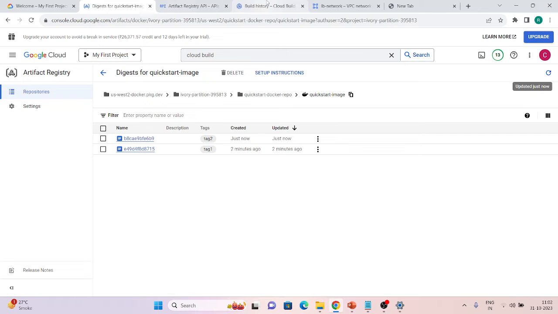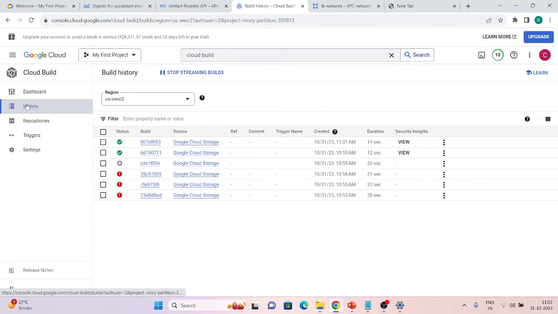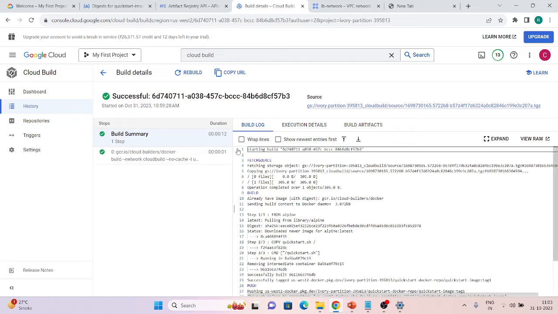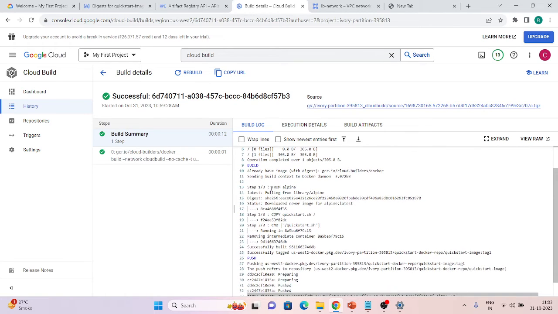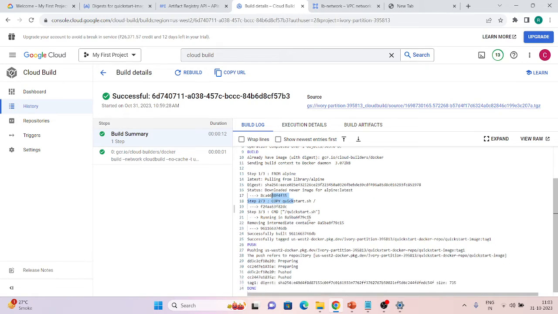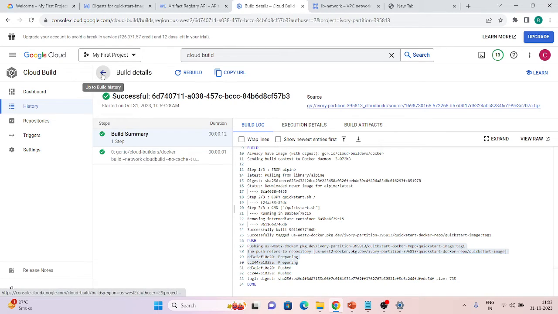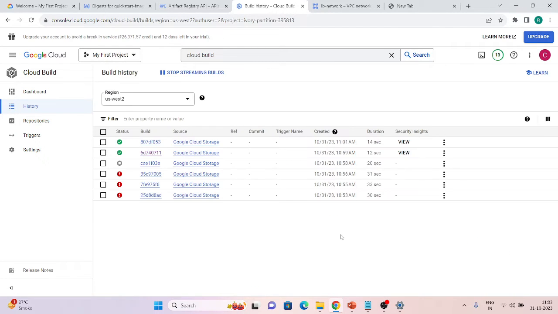So if you go to Cloud Build and click on history, we can see the builds which we have run. If you click on any one of these, this is our build, and inside it we will get all the information like the build log, what it has done, like fetching, copying, all those things. So these are our steps, which ran from Alpine. It then copied this image, this is the SSH file, then this, and then it is pushing this. We can see all that in Cloud Build also. So that's the very basic demo.